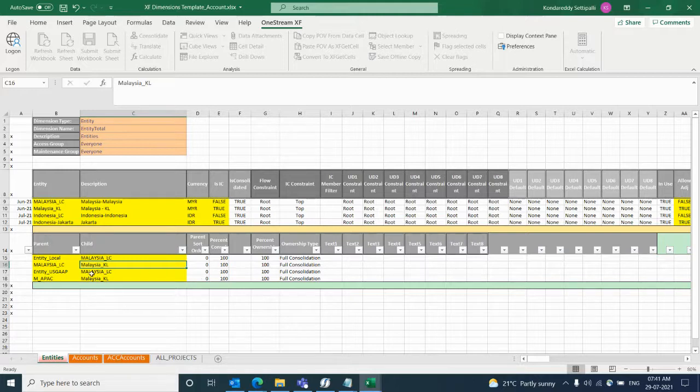Okay. So ideally the system will treat the first member as the default parent and the next member as the alternative parent. So parent-child reference, we can give in the account and other dimensions also, same as entity. It will be the same. Okay, so I'm just keeping all of these as June 21 changes.